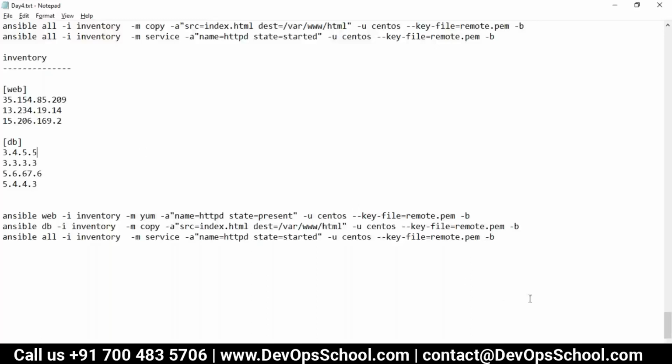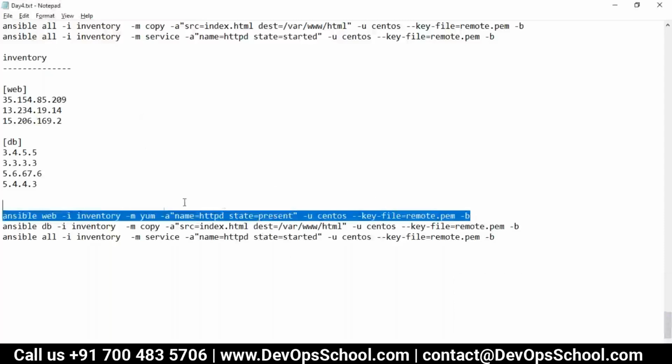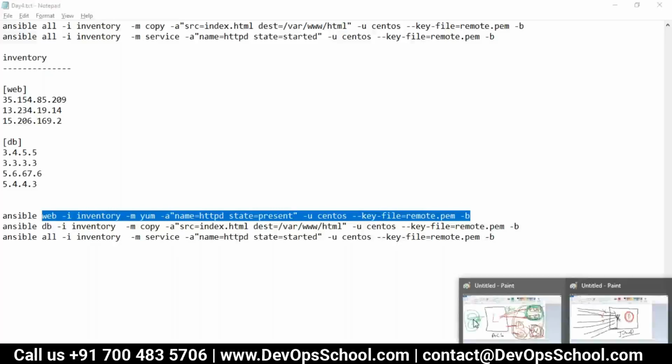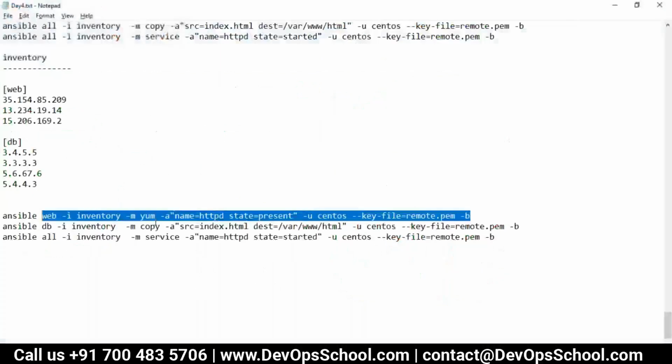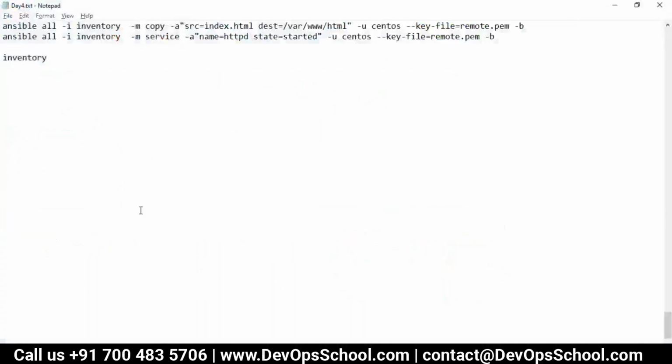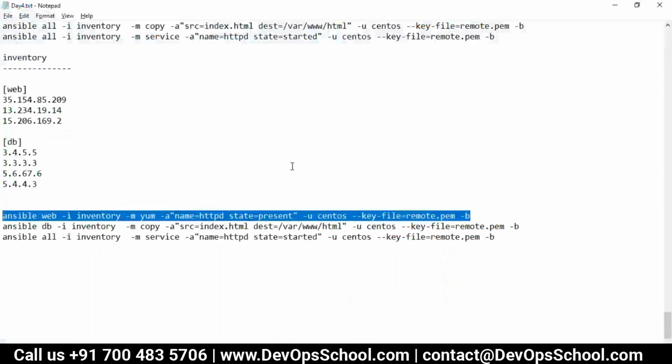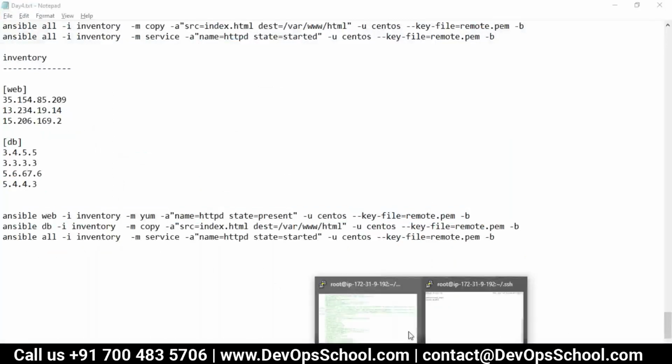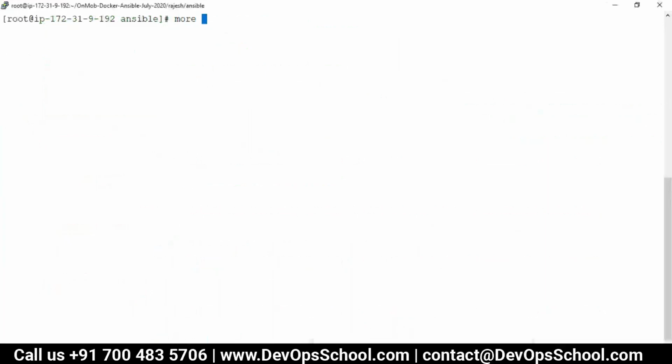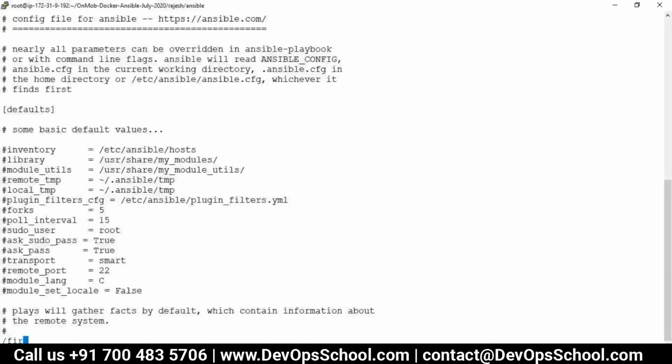Remember, this tool is designed for parallel work, but tasks will be executed sequentially. Right now there's only one task, so there's no problem. But if you have multiple tasks in the playbook, they will be sequenced. By default, this ACS server can send the command to 5 machines in parallel, and that is called forking. So you can increase the number of forks by changing the configuration. Here, if you see etc ansible.cfg, do you have a fork somewhere?